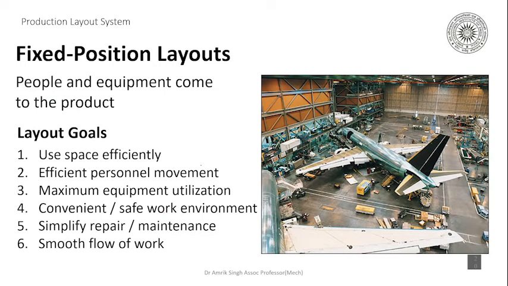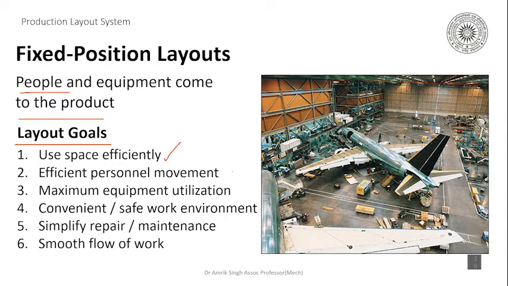This is another example of making an aircraft. So it is again a fixed type of layout. Here people and equipment come to the project. People are there and the equipment is there and the product is made here and then from here it will be moved. So the goals of layout for the fixed position type are to use space efficiently,